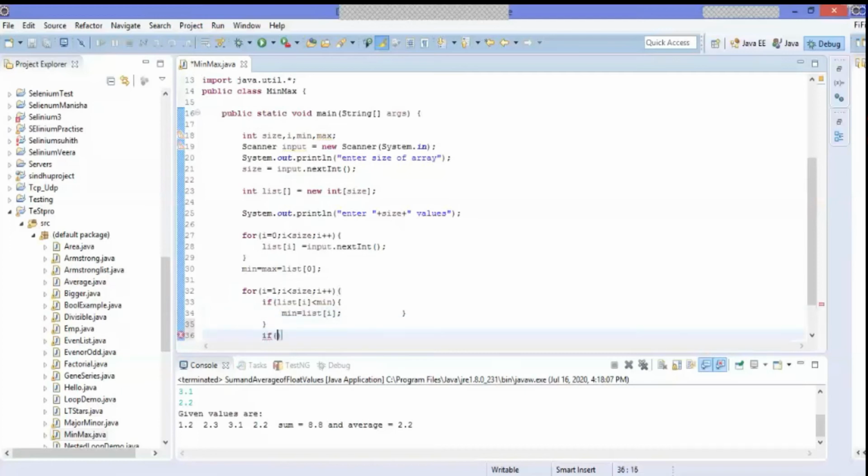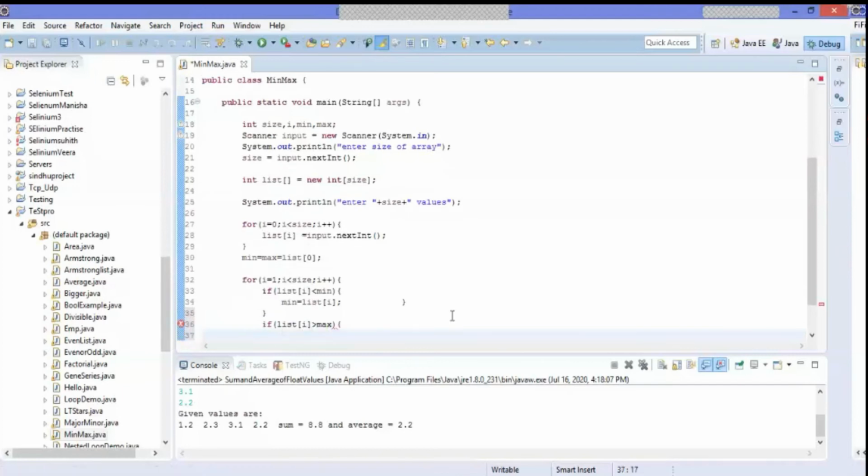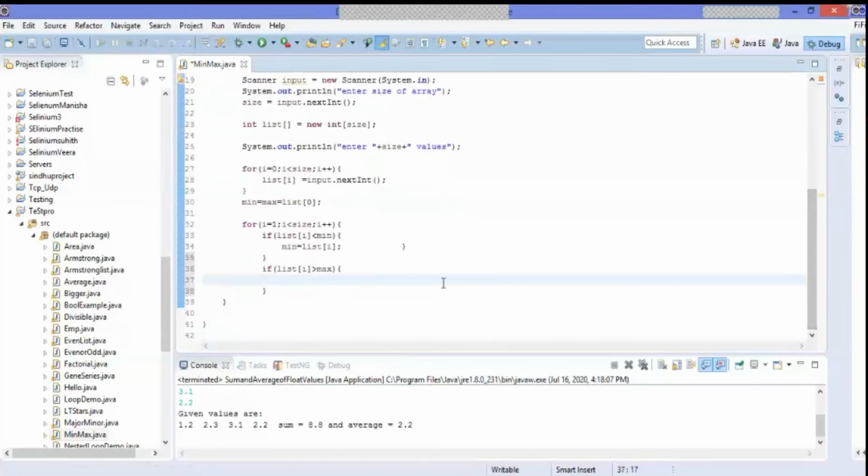In the same way, if list of i is, in reverse, greater than max, then obviously we do the reverse case, that is max is equal to list of i. This is the way you get the data.